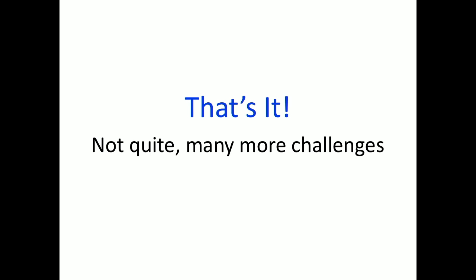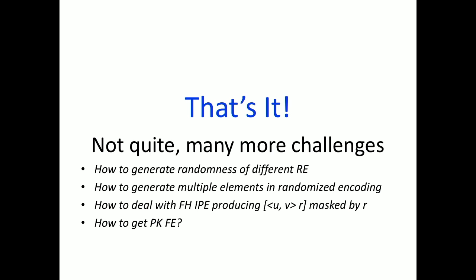There are actually many challenges. That was just the basic framework of how this whole construction works, which I think is simple enough that everybody could get. And now, let's go on. It turns out there are many challenges in making this framework work. One particularly difficult one is how do I generate the randomness for different randomized encodings, which I didn't talk about. Remember that we made a simplifying assumption that my randomized encoding actually has only a single element. In reality, I need to evaluate multiple elements.